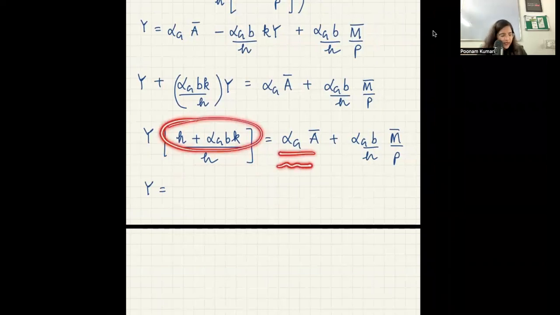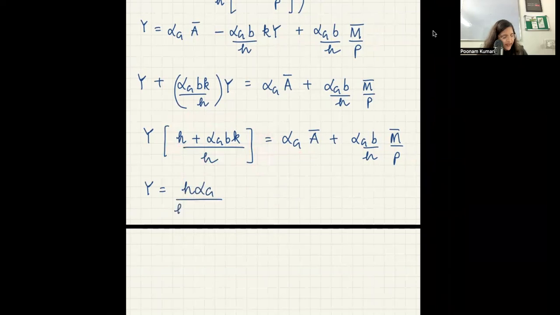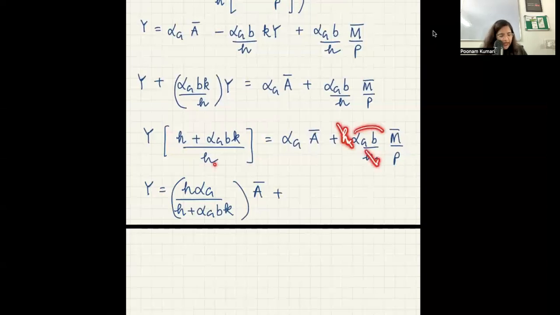So you ultimately get h alpha g divided by h plus alpha g bk, and then here is a bar plus here ये h ऊपर जाएगा, h से h कैंसिल हो जाएगा, so इधर alpha g b बचेगा और नीचे ये वाली चीज बचेगी. So you will have alpha g b divided by h plus alpha g bk, and this is m bar by